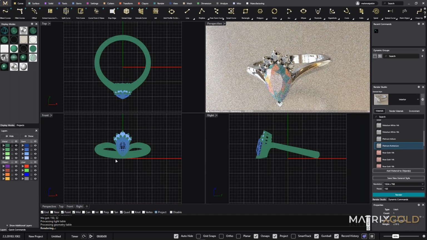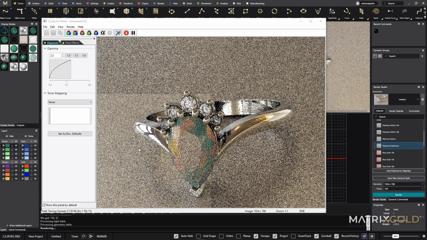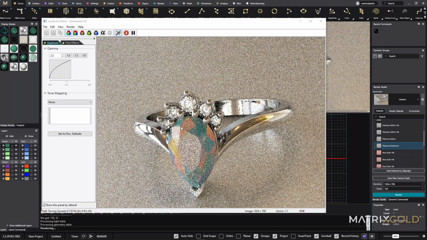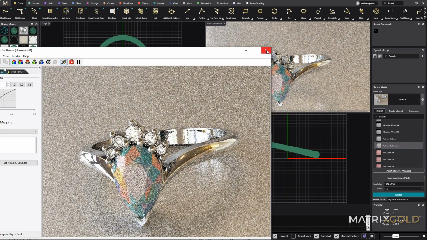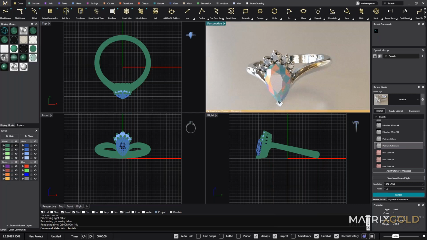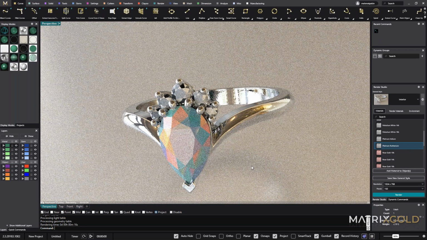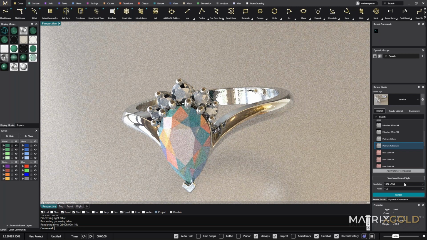And it takes some time. It makes the same thing, but the only difference is the stones' clarity. You see, the clarity is not good in the real-time render. If you want more sparkle on the stones, you must render here,